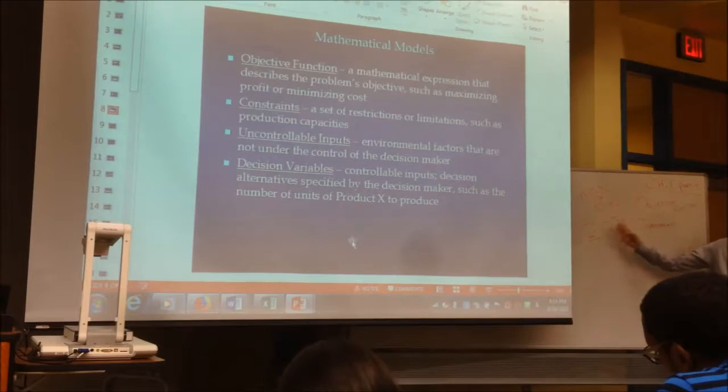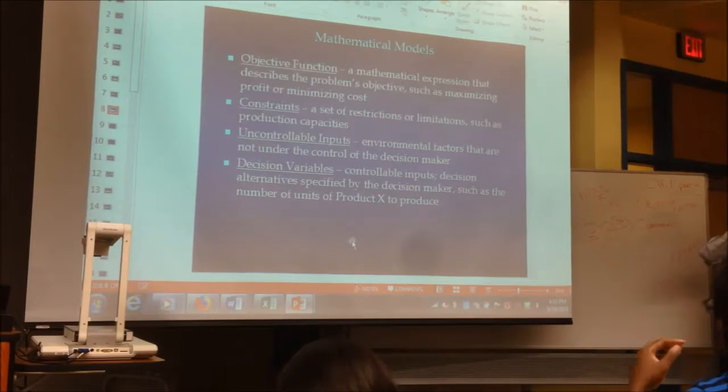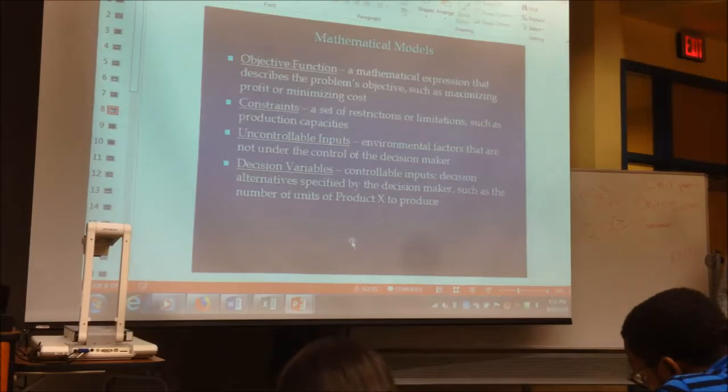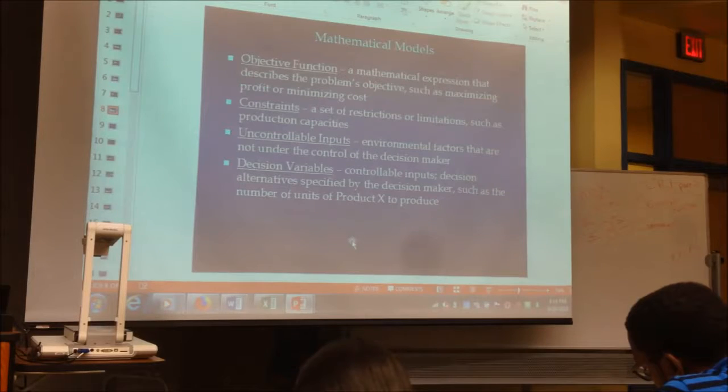Less than equal, equal, greater than equal. Notice every one of them involves equal. Every constraint in linear programming has an equal: either less than equal, greater than equal, or equal. And when we start getting to the software next week, or the week after,